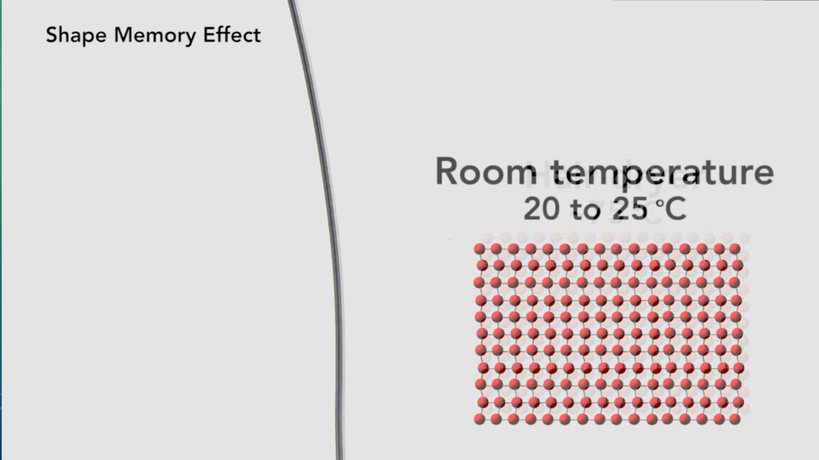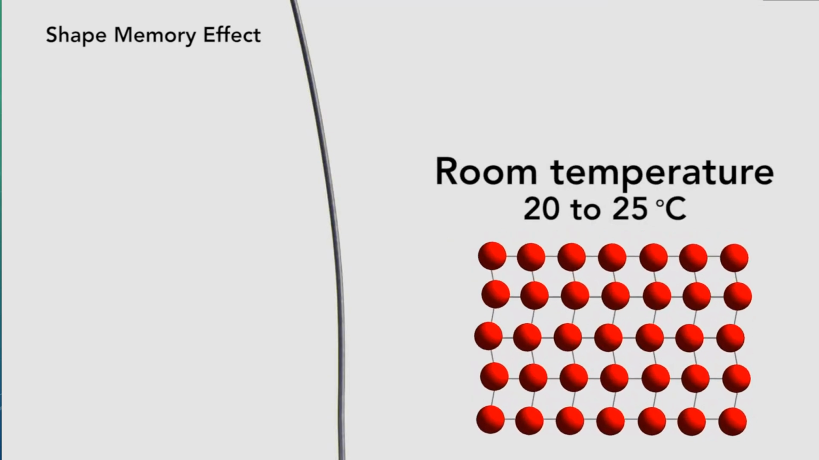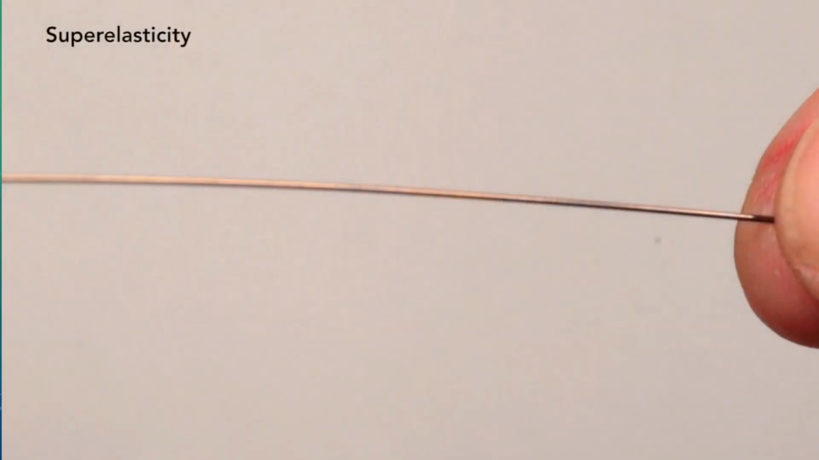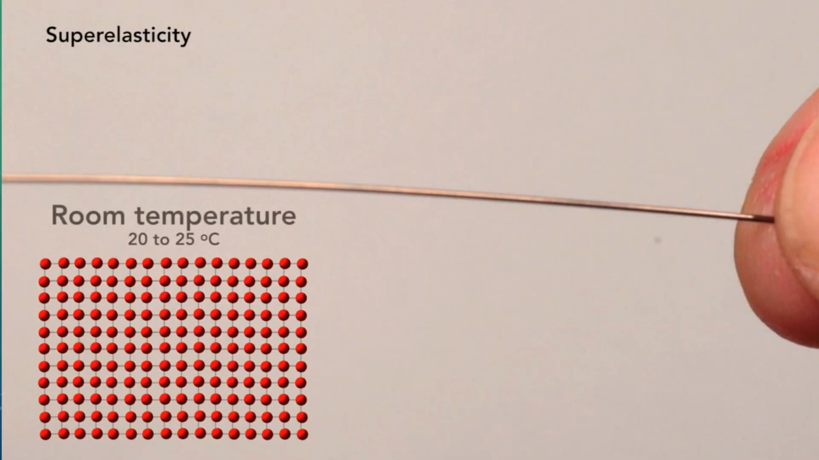And then as it returns to room temperature, the twin structure returns, the one with an equal number of both rhombuses. Now, let's look at a nitinol wire that showed superelasticity. It's been conditioned so that its crystal structure is those tidy, neat squares at room temperature. They would form the twin structure at minus 15 degrees Celsius, so a much lower temperature than the shape memory